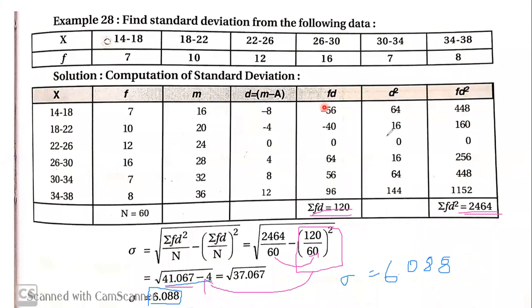So we saw one discrete series problem and one continuous series problem. Steps remain the same, formula remains the same. The only difference between the discrete series and continuous series is that there you have x given directly, while here you have to find out the midpoint. After that, the main steps are finding deviations, calculating FD, squaring deviations, calculating FD square. After this, you can just apply the numbers in the formula. Hope everybody understood this problem. If anybody has doubt, please leave it in chat so I can address your doubts.